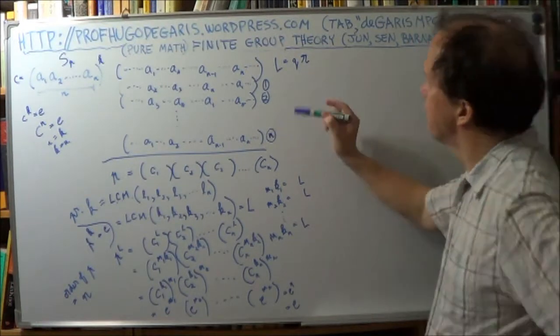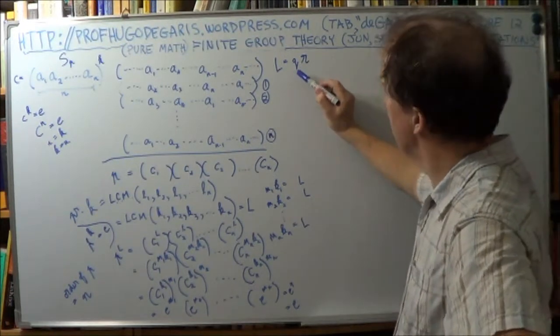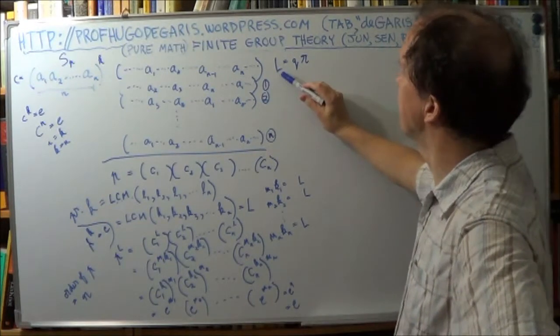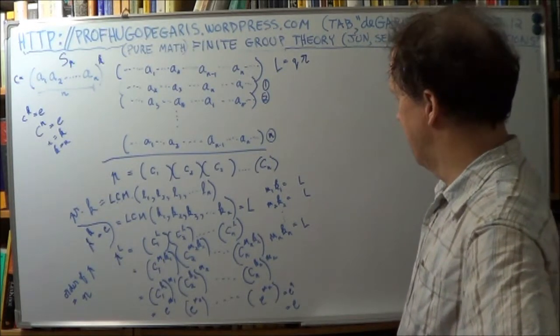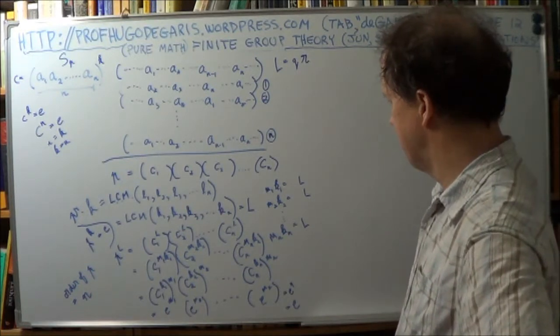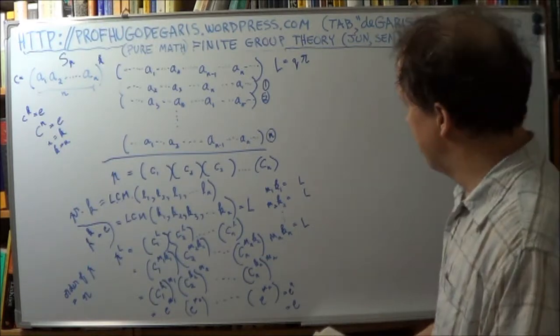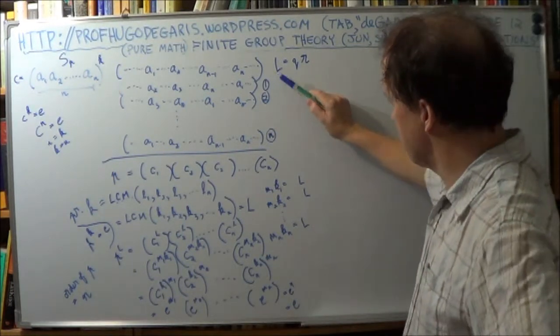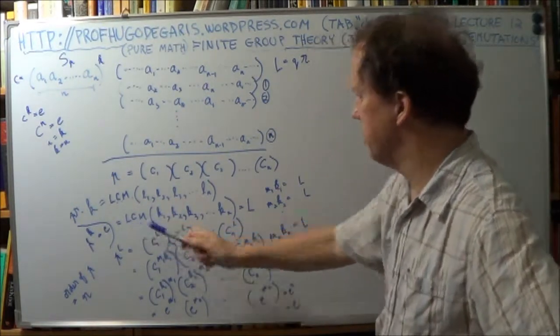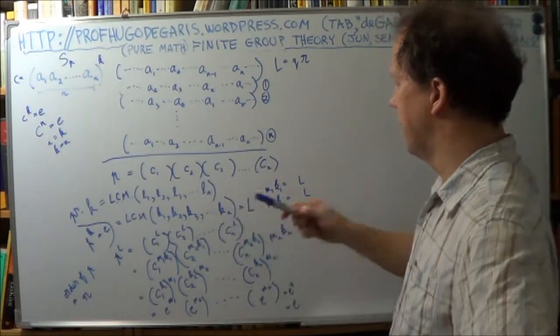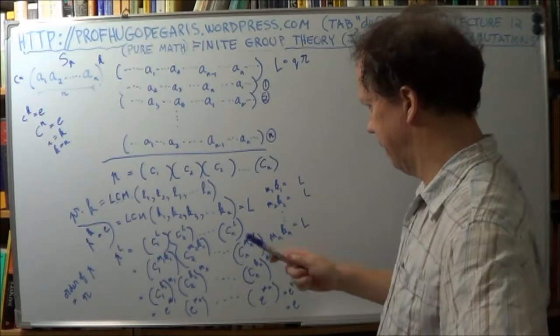Now we have to show that q is actually 1, because we want this to be the smallest. So how do we show that? Is that obvious? We want that to be the smallest one. Now it's the least common multiple, right? So that these numbers are the